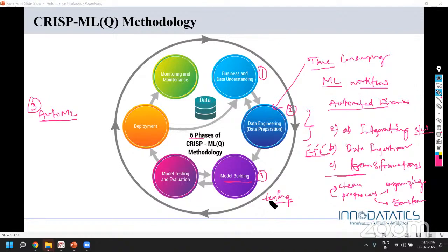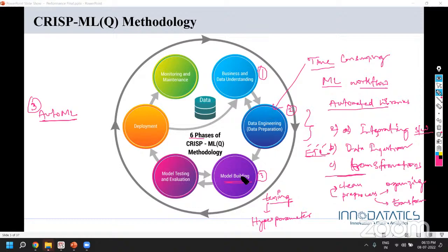And when we talk about tuning, this tuning is a very, very time-consuming task because every parameter that we change, we call them hyperparameters, every parameter that we want to target and change will generate a different model.